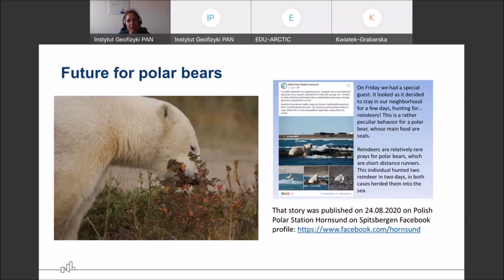For example, one year ago, it was a very, let's say, new situation, and it was observed very close to the Polish base on Spitsbergen. The people observed very unusual behavior of a polar bear because it hunted reindeers. Reindeers are too